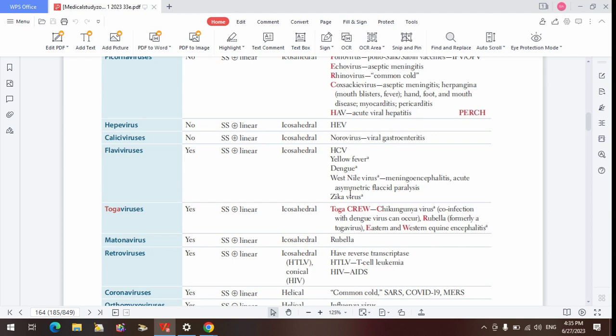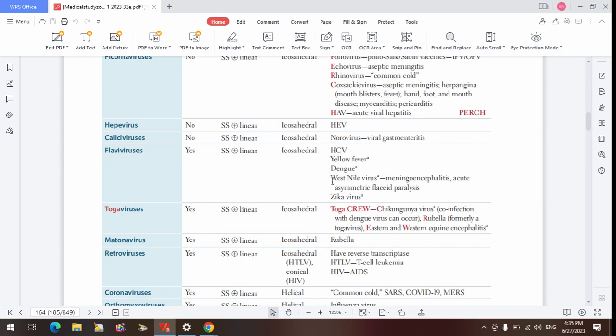Flaviviruses. Okay, so this one might be difficult to master, and I don't think I have a code for it. So, high definition, HD, WYZ. So WYZ and HD. For this, flavi means yellow. So flavi, yellow color. You want to remember the first two: